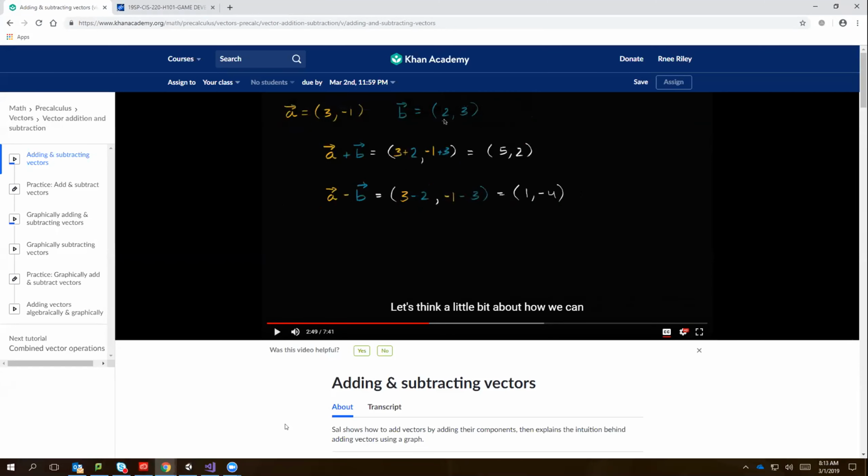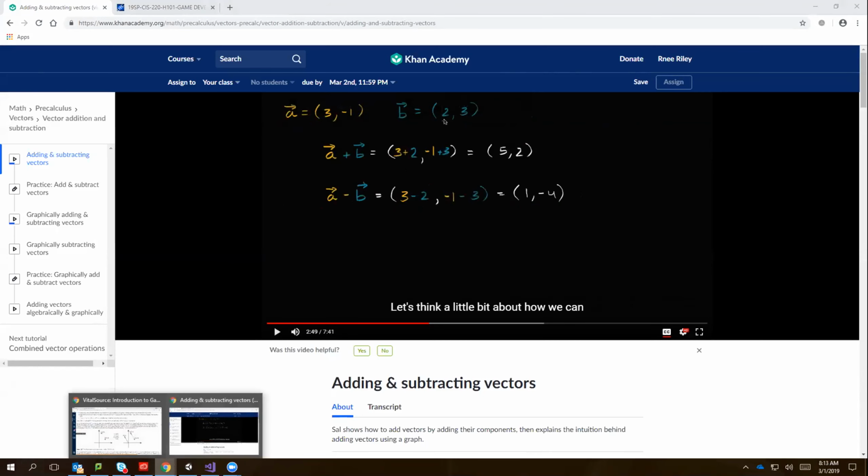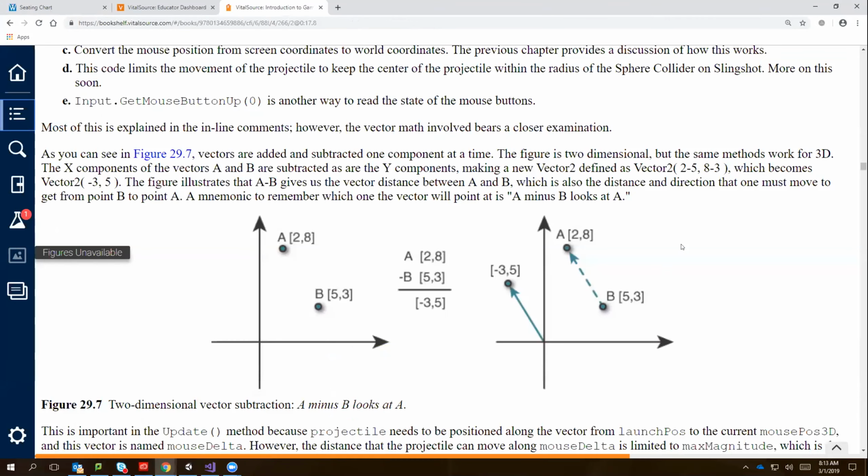So there's lots of information out there if you want to watch the rest of that, but I think everybody should have a pretty good understanding at that point, because we're just going to do some simple vector subtraction here. And in our code, they want us to notice that we're going to just be